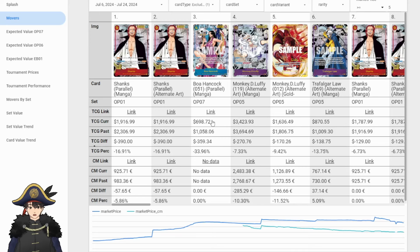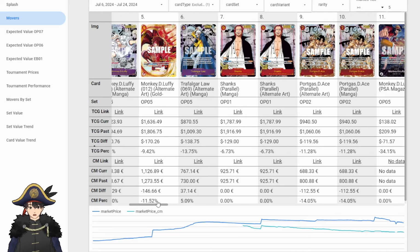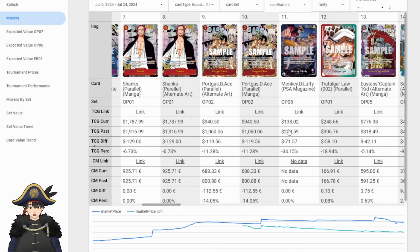This could also be an effect of that premium booster FUD, like the misinformation going around. Maybe that's why all the manga rares here are down. We also see manga Luffy down 270, manga Law down 138, Oda-san Luffy's down too. Does that count as a manga rare? I don't think so, but it's a rare card. Ooh, the PSA Luffy's down $70,